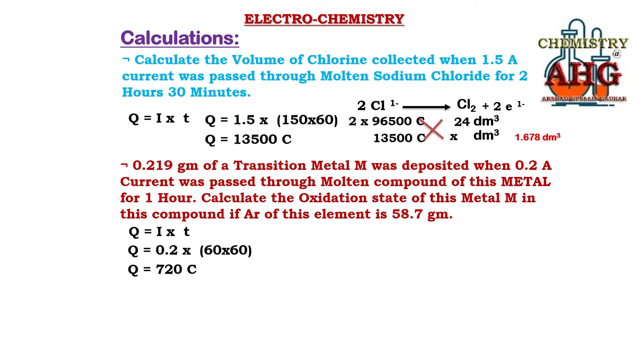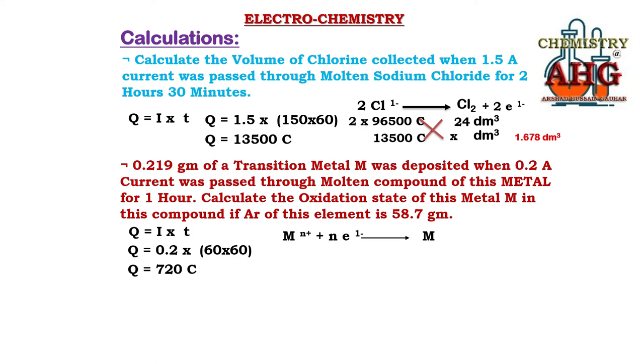Now we do not know the exact oxidation state, the charge carried by this transition metal in this compound. So what we are going to do is write down an equation, but this would be an incomplete equation like this. M, we don't know its oxidation state, we can assume it is n positive because transition metals make positive ions. We don't know what n is. n is the number of moles of electrons that we are going to find.